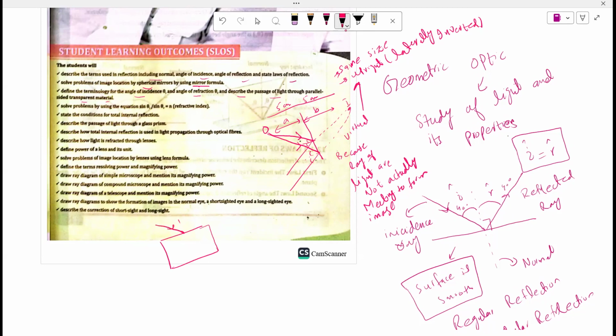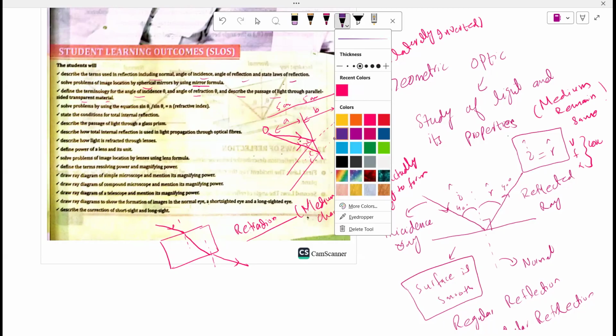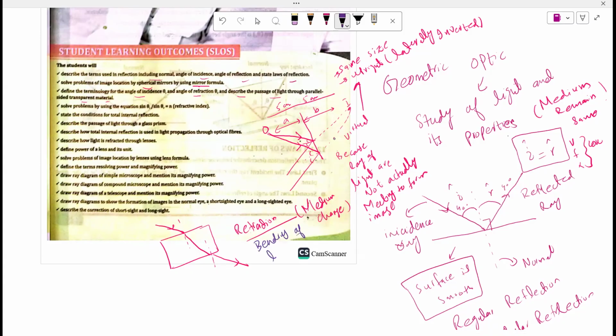The incident ray would come, we would draw a normal. The ray would be refracted. Now, what is refraction? In reflection, the medium does not change, okay? The medium remains the same, so speed, frequency and wavelength remain constant. But in refraction, there is a difference of medium; the medium changes. Due to that change of medium, refraction occurs, and refraction is the bending of light from its original